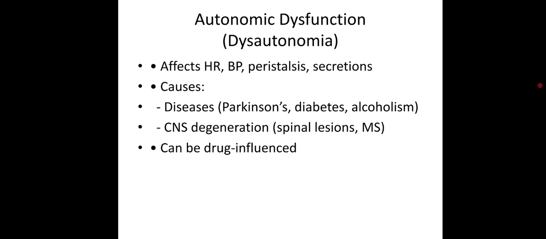So CNS degeneration can happen physically, means physical damage can occur, like in case of spinal lesions or in case of MS, multiple sclerosis. This thing can happen, and it could be influenced by the drugs, which can damage or can cause the tolerance or the dependence of the receptors, resulting in the inability of the receptor to perform its action by getting stimulated and enhancing these intracellular actions to perform the